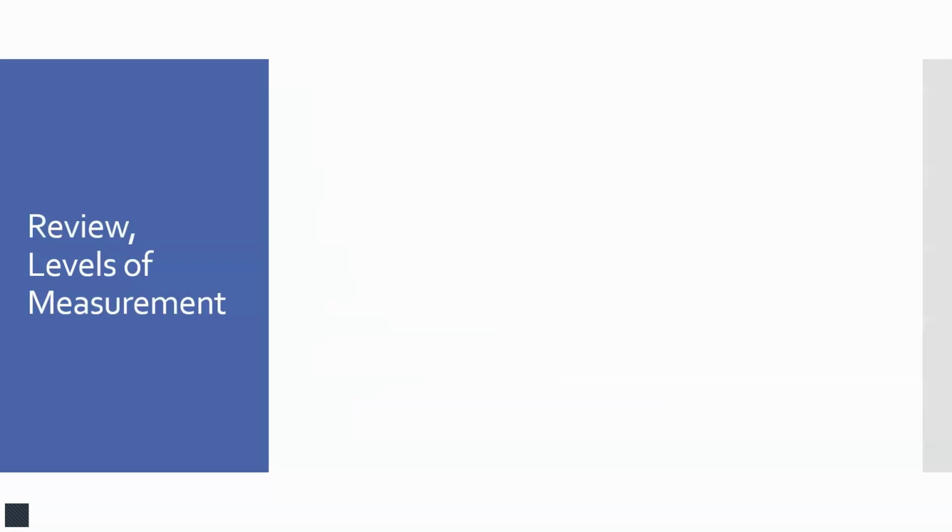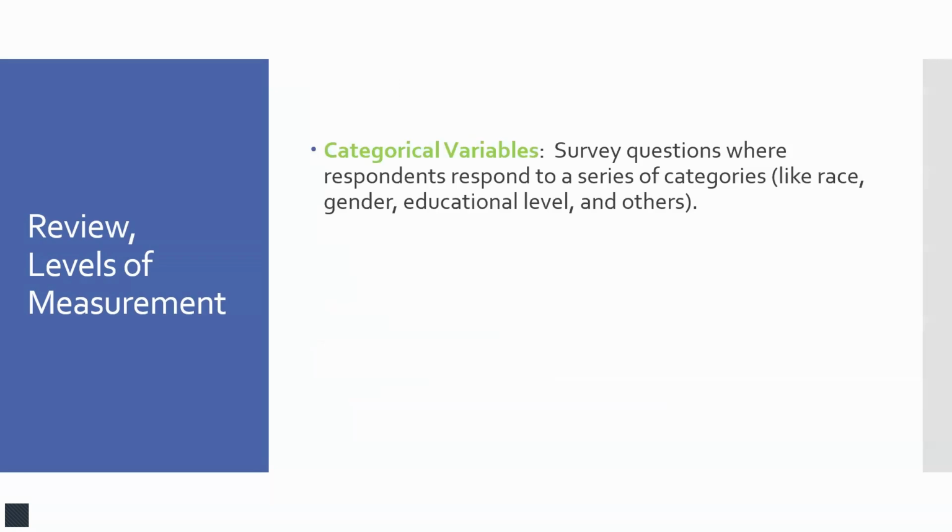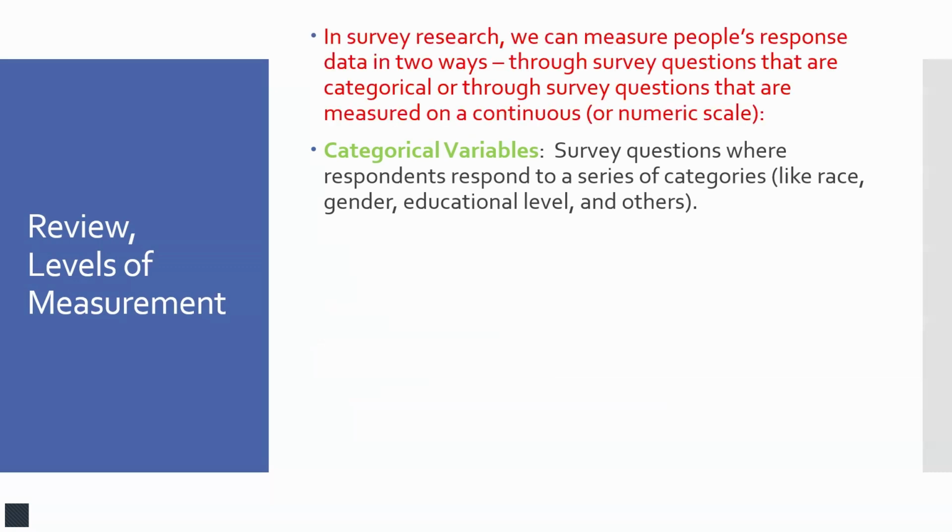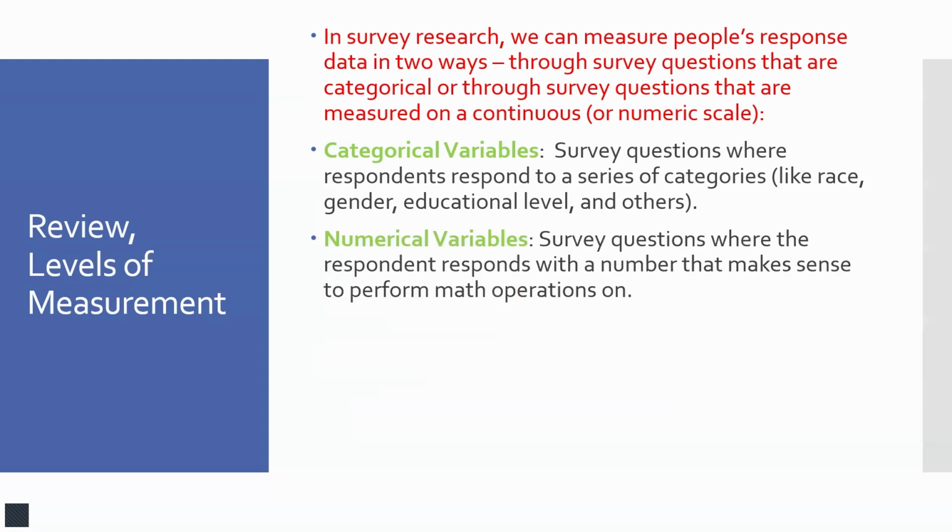So, quick review over certain levels of measurement. We have categorical variables, and these variables are survey questions which respond to a series of categories like race, gender, education, other things. In survey research, we can measure people's response data in these two ways, through categorical or survey questions that are measured in a continuous or numeric scale, basically. And numerical variables, survey questions where the respondent will respond with a number that makes sense to perform math operations on. Now, this is tricky